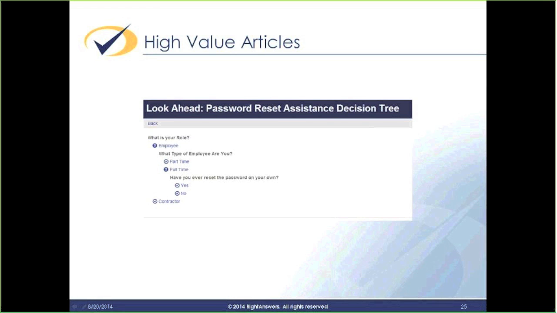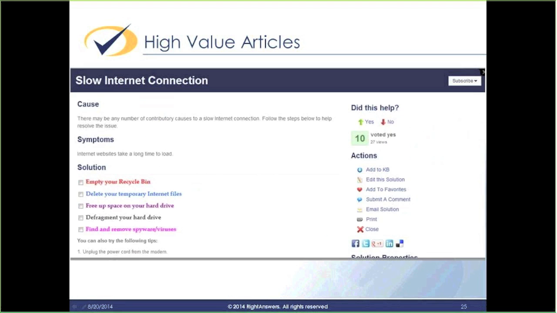And these are considered high-value articles because they help guide either a self-service user or a new agent through the process by taking a common symptom and getting them all the way down into the solution that they need, right? And then